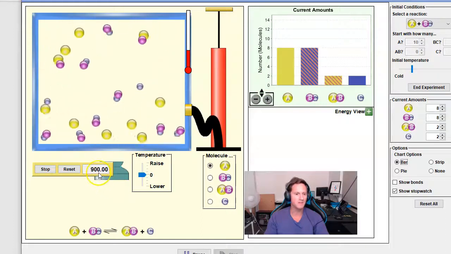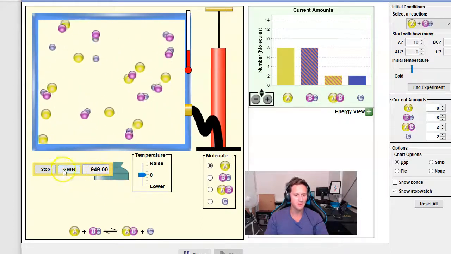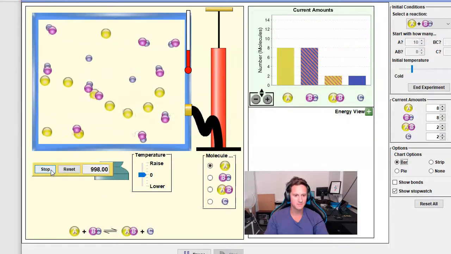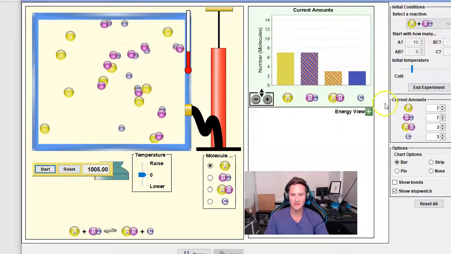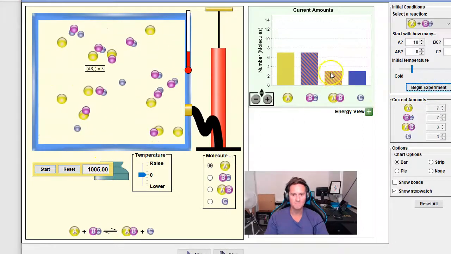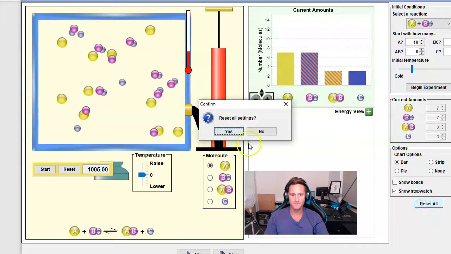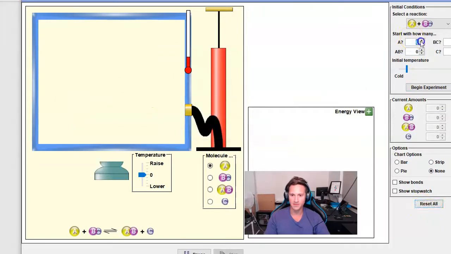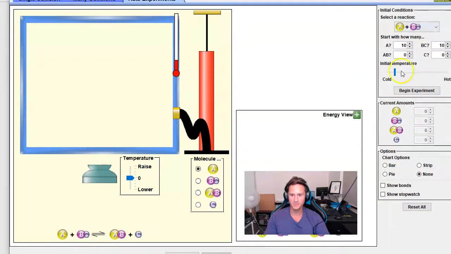And you could keep it going for, say, 1,000 seconds or something like that. And then we stop the experiment and we see, okay, after 1,000 seconds, just an arbitrary number, do whatever you want, this is the change that we've got. So we've got 3 product particles. So now if I reset and I go back to 10 and 10 and I increase the temperature,